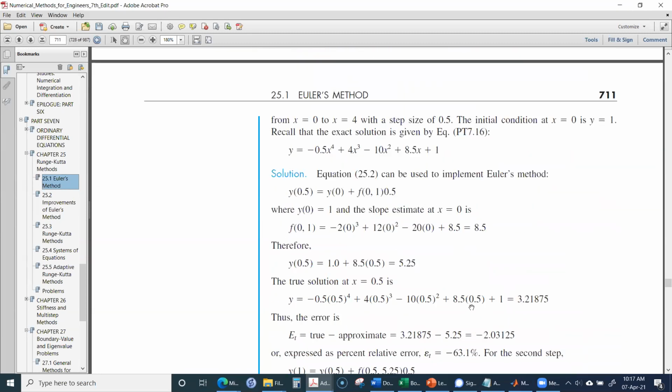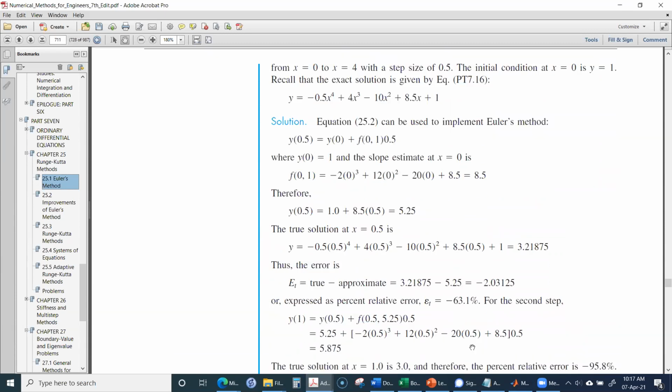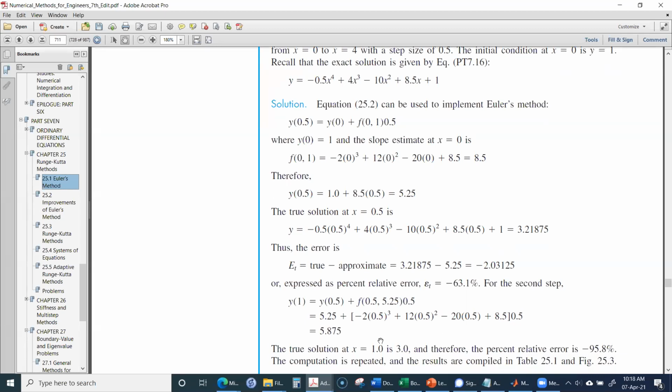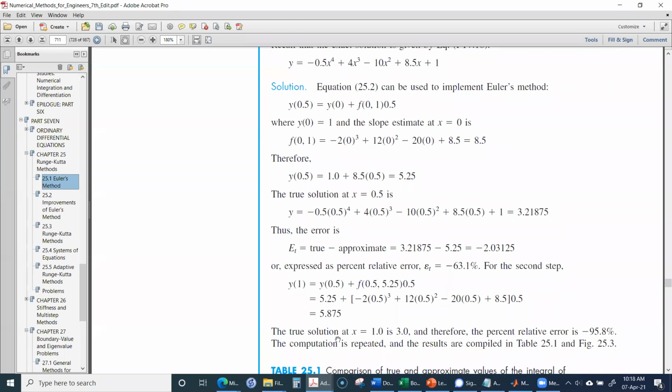The values are input into this equation, and then from Euler's equation, we get the value as 5.875 for the next point. However, the true solution at x equals 1 is actually 3. So there is a difference between 3 and 5.875. So the relative error is